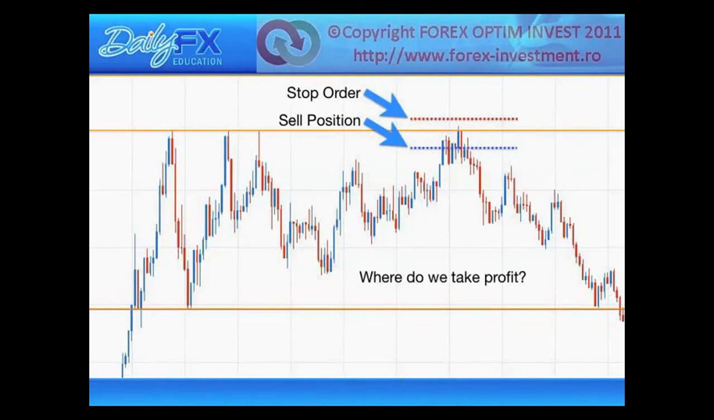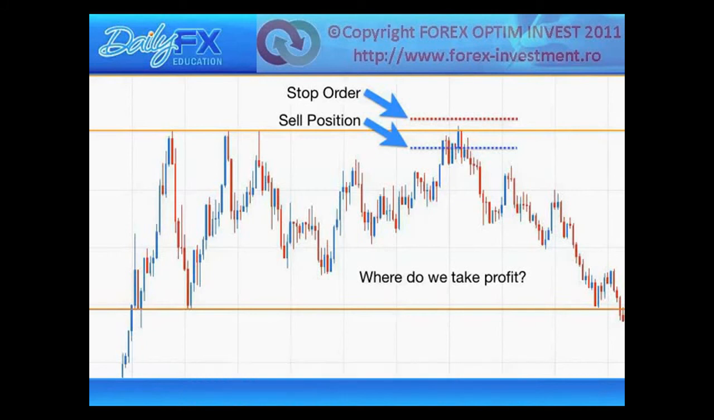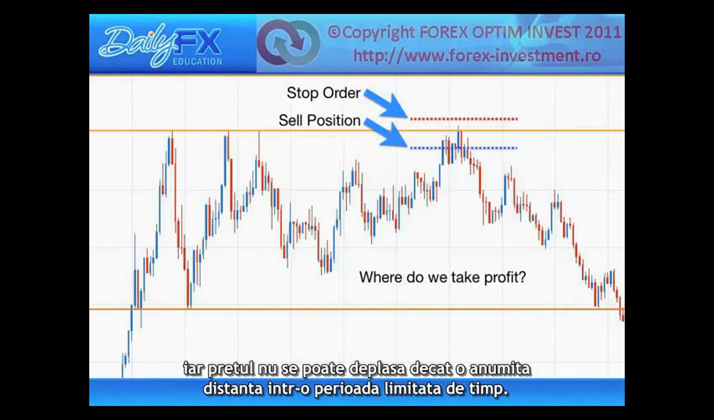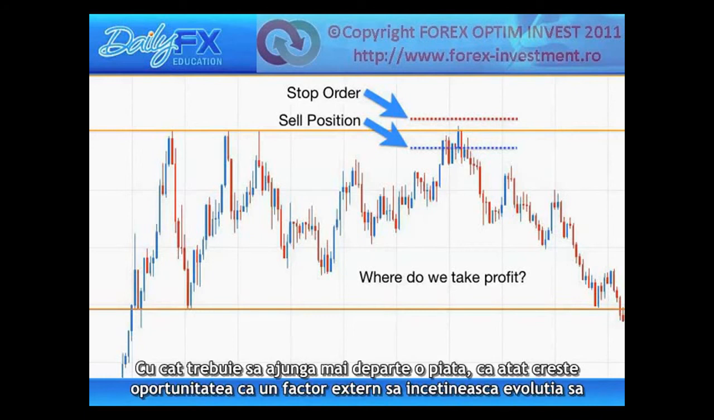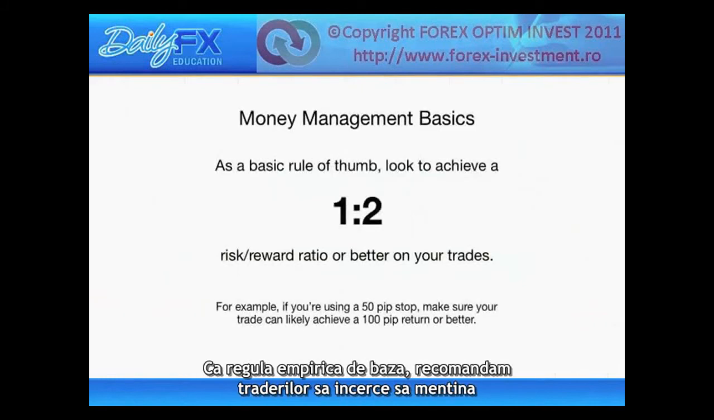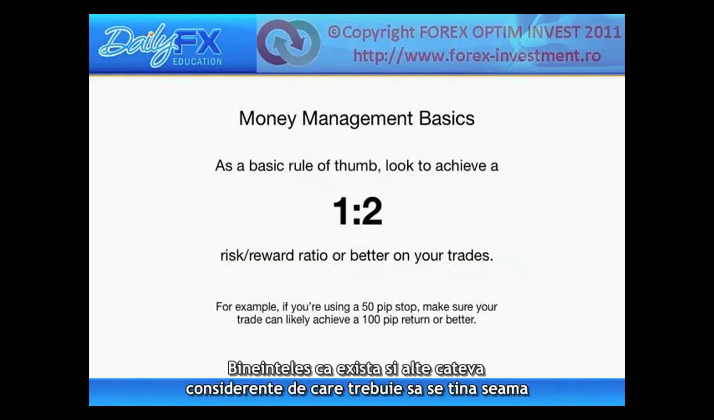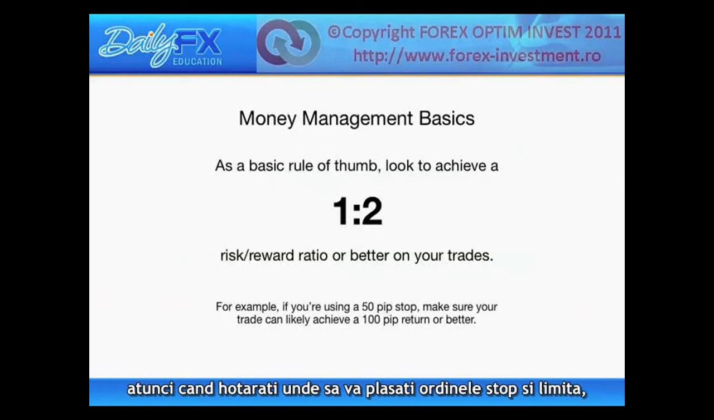Consider, it takes time to traverse any distance in a market, and price action can only move so far over a certain period of time. The further the market has to move, the greater the opportunity for an exogenous factor to slow the progress towards the opposite range boundary and even reverse course. Now, as a basic rule of thumb, we recommend traders try to achieve a 1-to-2 risk-to-reward ratio or better in their trading. Of course, several other considerations need to be taken into account when considering where to set your stops and limits,